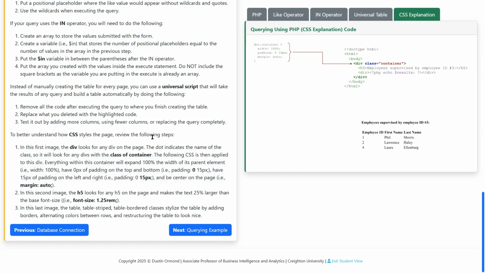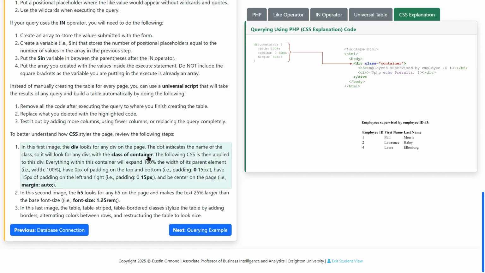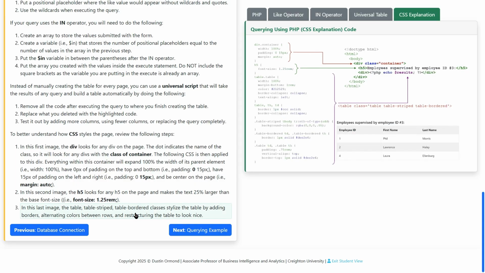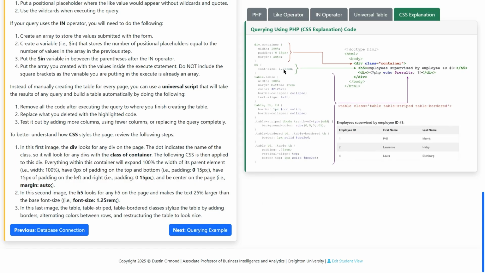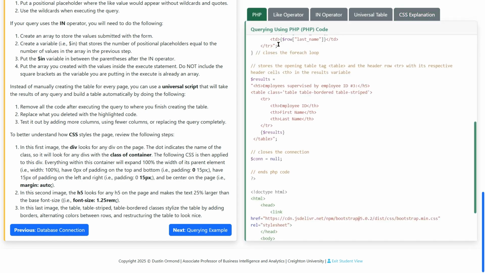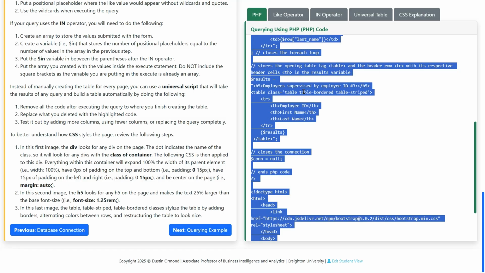So scrolling down over here, you'll notice here that I give an explanation of the different steps that the CSS applies to each of these settings. You can see the CSS file and what classes it contains here. The dot represented here indicates a class, and so you'll see what is actually applied to specific pieces that are echoed to the browser. So to show you what this is going to look like, I'm just going to go back to the PHP page. I'll copy this, and then I'll create a new